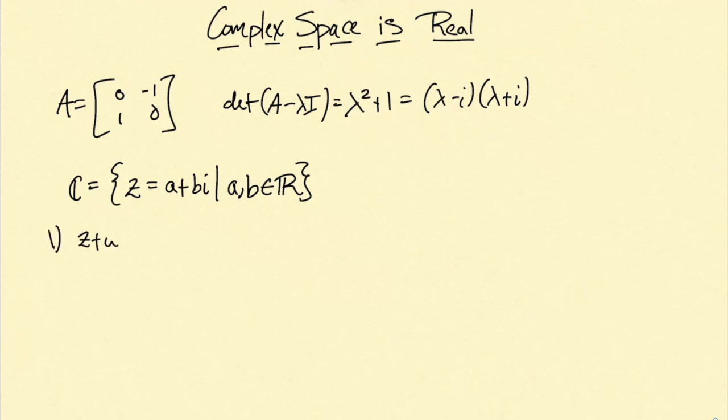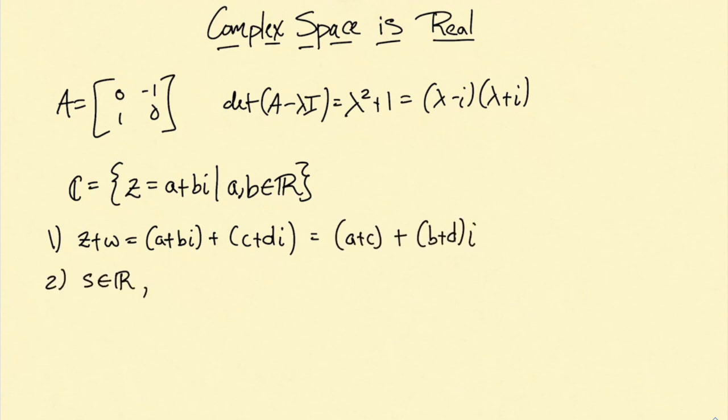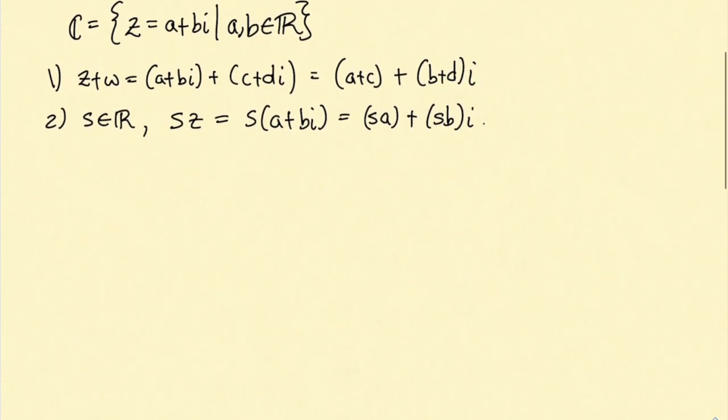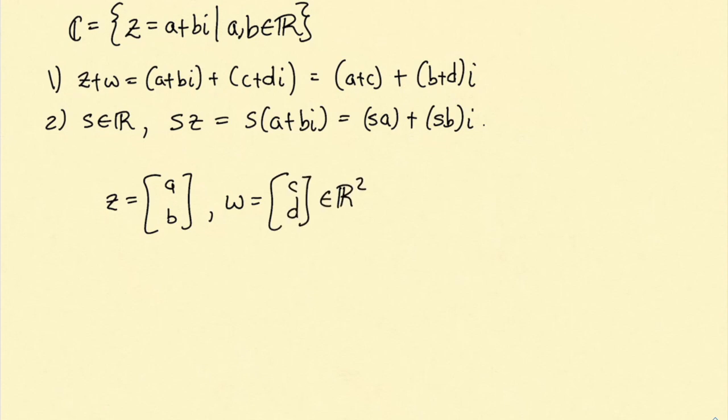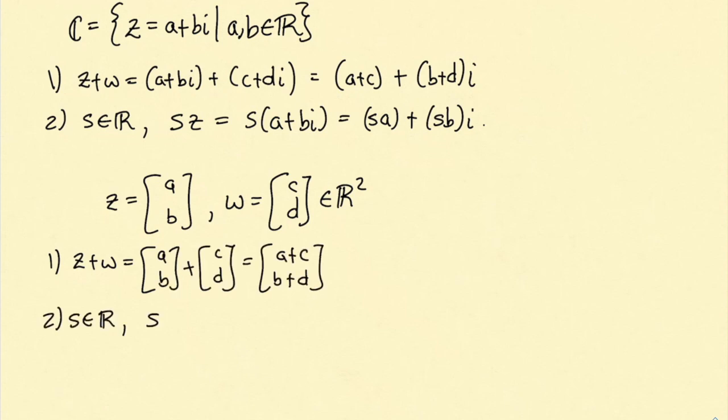For example, the component-wise sum and difference of two complex numbers is, again, a complex number. We can also scale in each component a complex number by a real number s. And of course, this should sound pretty familiar. If we take two vectors, z with entries a, b and w with entries c, d, then of course we can add these two-dimensional vectors together by adding the components, and we can scale one of these vectors by a real number